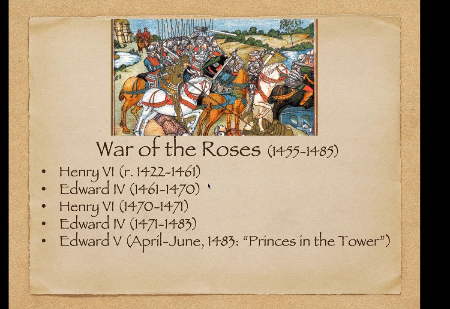If you've ever heard conspiracy theories about the princes in the tower, or you're all out of conspiracy theories during COVID and want a new one to investigate, then this is the one for you. It's quite fascinating, and there are all kinds of theories. The main understanding is that these princes mysteriously disappear, Edward V and his brother, the Duke of York, and at some point their uncle, Richard III, takes over, taking control of the government for a few years. Richard III is despised by many who accuse him of murdering the princes. But if you ever visit York in northern England, you'll see they quite like him there.